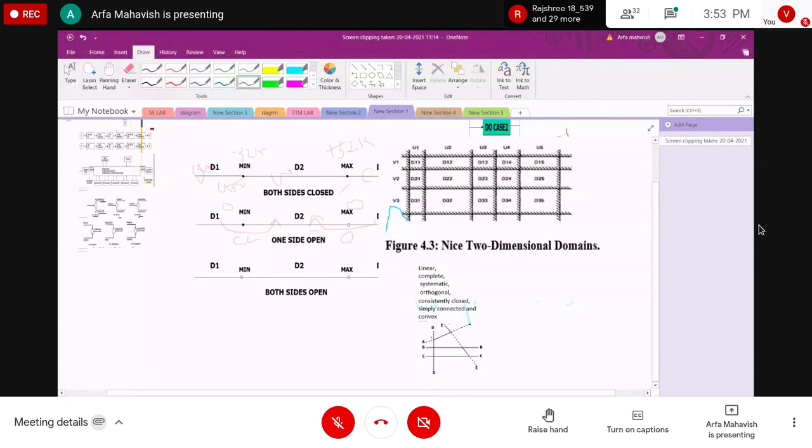So in domain A and in domain E, we have the spaces. So these two domains do not come into the nice domain, and are not in the complex boundary. So D, B, and C are the nice domains, and they come under the complex boundaries. Okay, next we have the systematic boundaries.